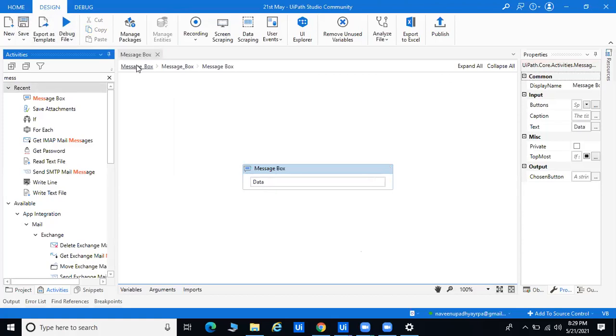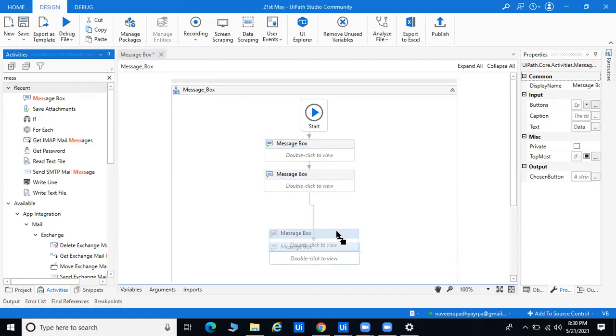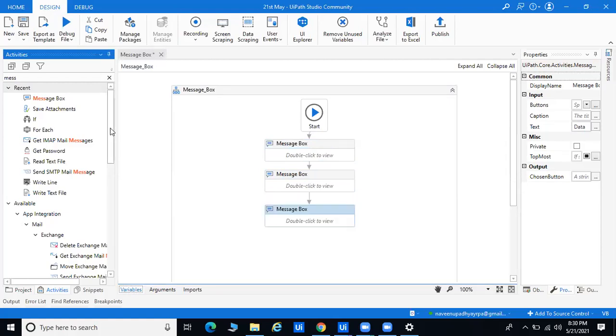So here we are taking the message box. This is the first, this is the second, and this is the third. The third we have done through variables. Whatever variable I passed, this is the name as data, and this is the string. And scope we'll discuss later. Scope is specific to public and private. Whenever you write code in Java, .NET, everywhere, we use scope, and RPA is the base software. Right now we'll save and automate this part.